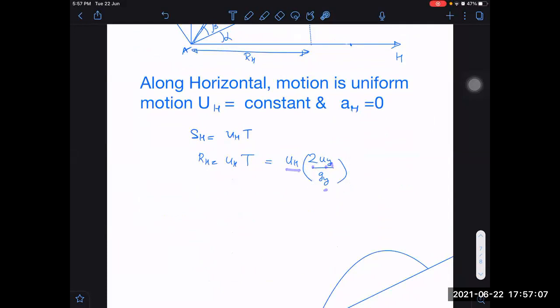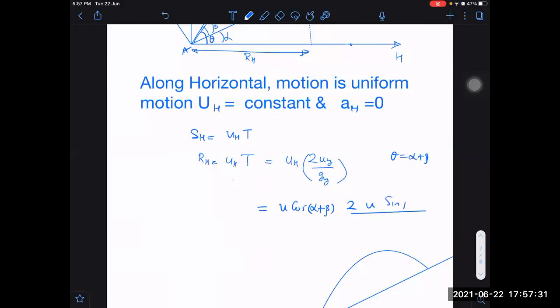What is UY, by the way? That also should be clearly in your mind. Very quick, you should be able to tell me. What is UH? UH is U cos of alpha plus beta. Exactly right. Alpha plus beta, or as sometimes I call it, theta total. This theta is also equal to alpha plus beta only. You could have written U cos theta, no problem. Anyway, multiplied by 2. What is UY? U sin beta.